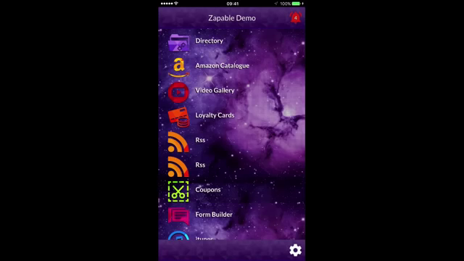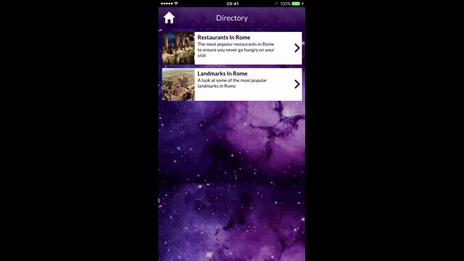auto dealership apps, tourism apps where they're listing a directory of landmarks, restaurants, coffee shops, ice cream shops, etc. So the options are quite limitless. Even people who have listed stadiums for different sporting events, go-kart tracks, racing tracks, and so on. The reason why it's so powerful is because directories are huge. That's what most people use for anything they want when they're looking for something, whether it be Yelp or whether it be Google, etc. So when you add it into your app, for this example, we've got restaurants in Rome,